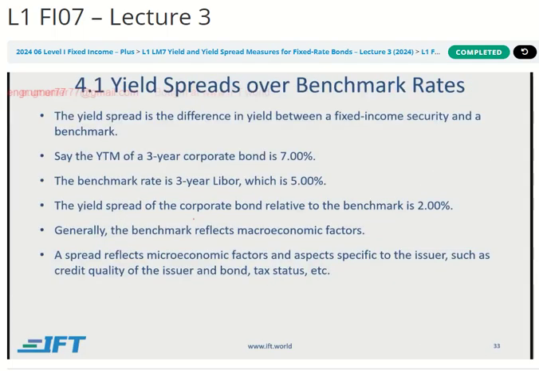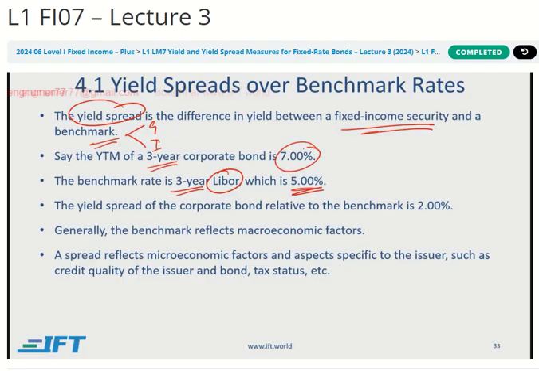So this is the high level concept over here, and let's get into it and fill color into this entire big picture that I just drew for you. So first of all, what is spread? Spread is the difference between what the bond is paying versus a certain benchmark. That benchmark could be government, it could also be interbank, right? So let's say we're talking about interbank, LIBOR, London Interbank Offer Rate. For a 3-year maturity, that's 5%, whereas your 3-year maturity bond is paying 7%. So clearly the spread is going to be 2% over here, right?